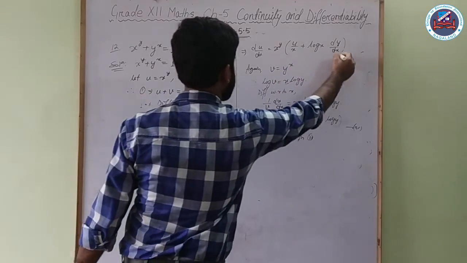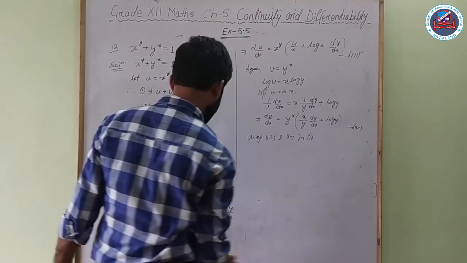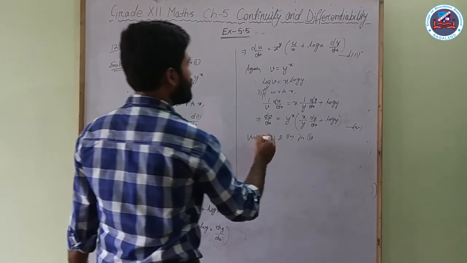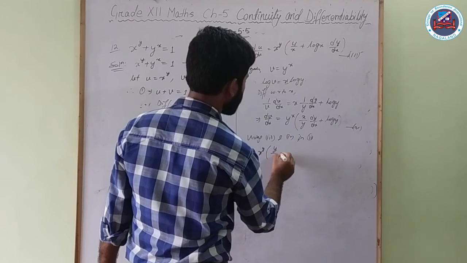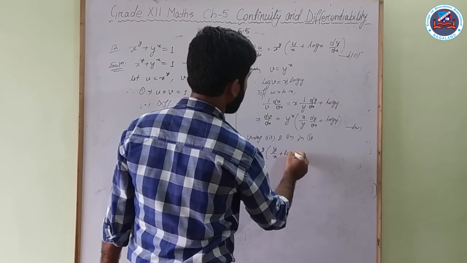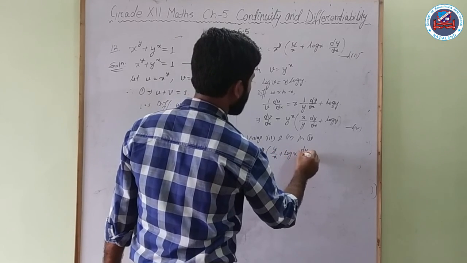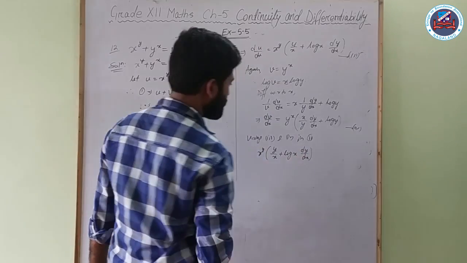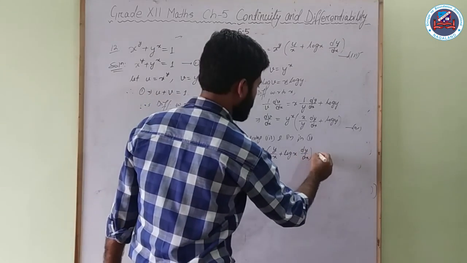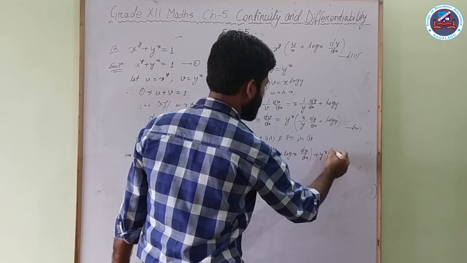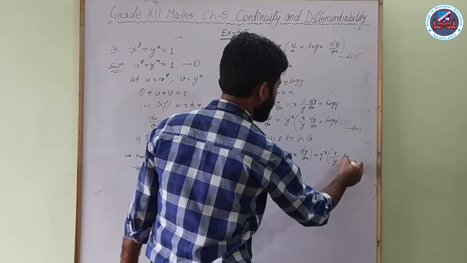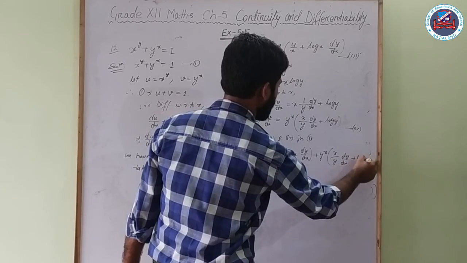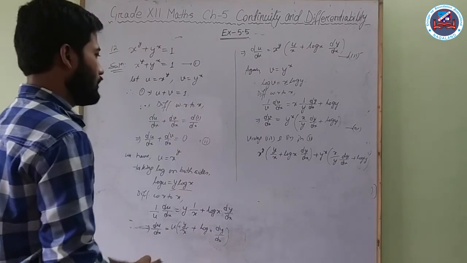So this one was equation 3. So we can write x to the power y into y by x plus log x into dy by dx plus y to the power x by y dy by dx plus log of y, and that will be equal